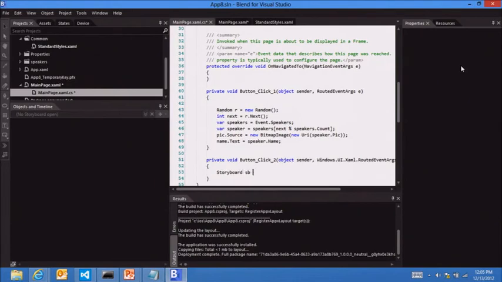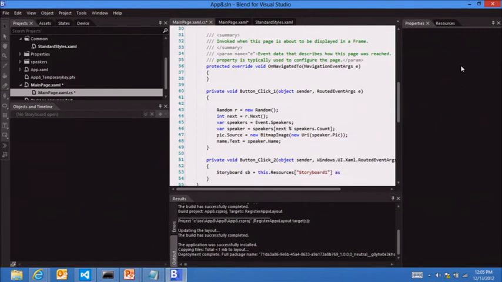SB equals, and this is what's going on behind the scenes so you understand it. As we're building all this UI, the storyboards and the styles and everything go in this thing called the resources collection, which are the styles that we're going to use for this page. You have a resources collection at the app level and at the page level. So I'm just going to say reference to a resource that I created, these resources, and I'm pretty sure I didn't change the name, so it should be storyboard 1,